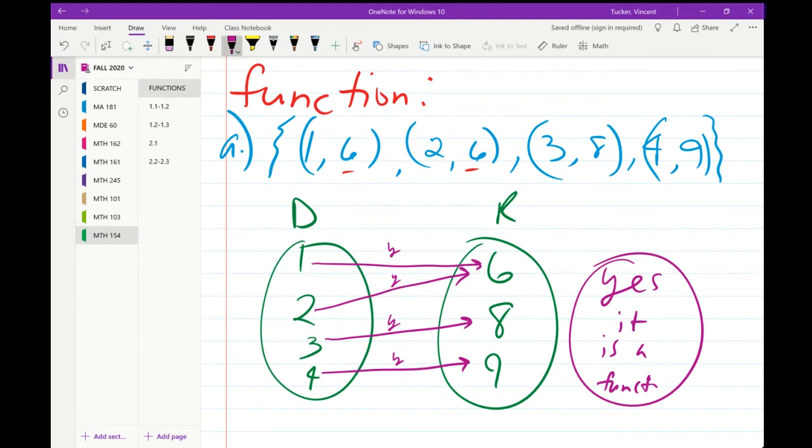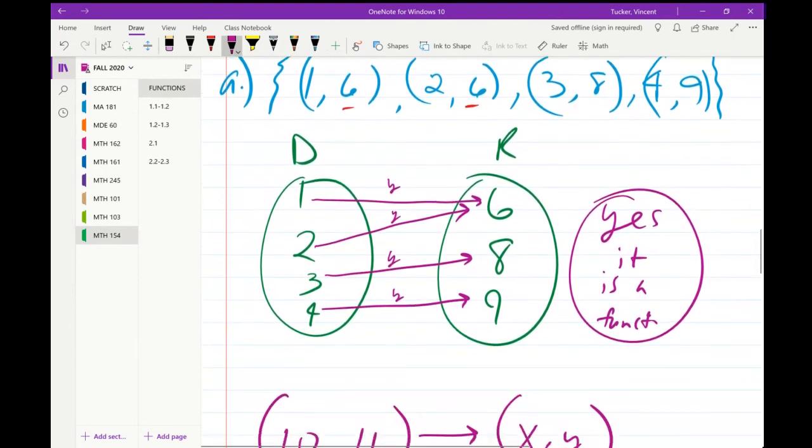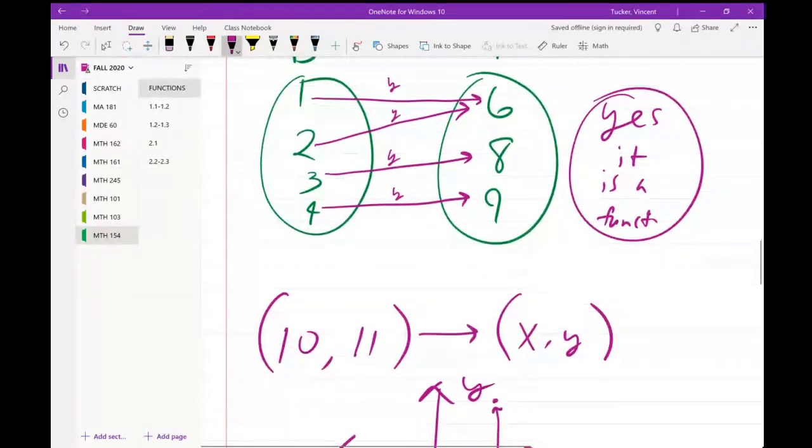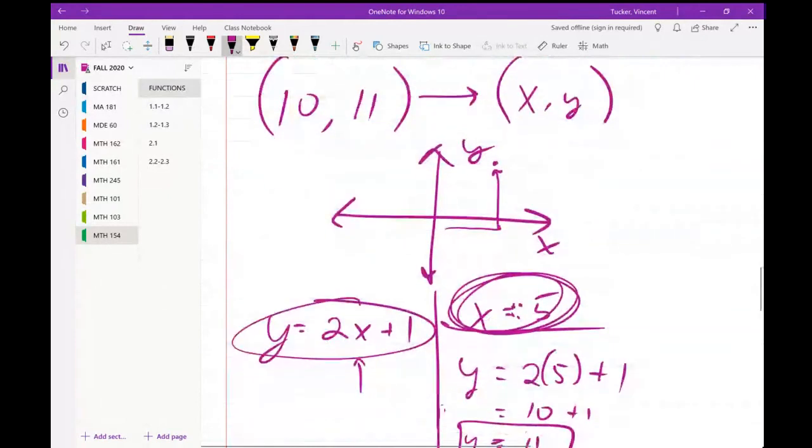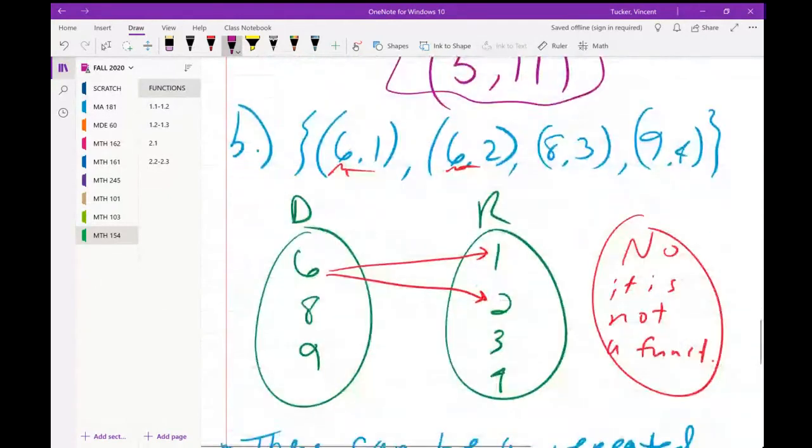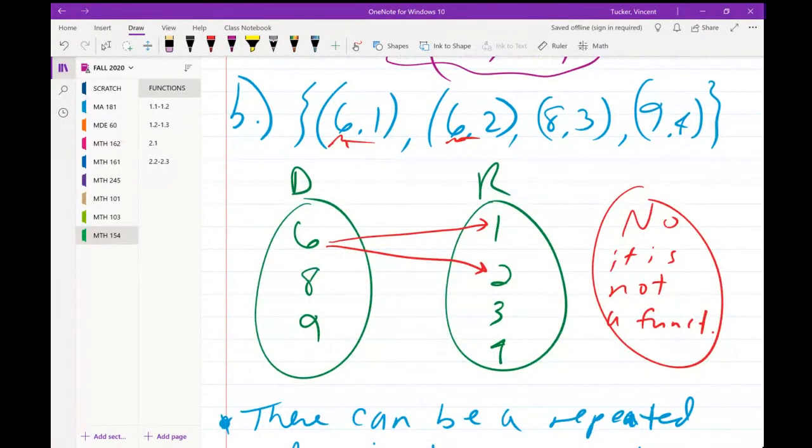Questions on that before we look at B? That was something somebody else asked. So